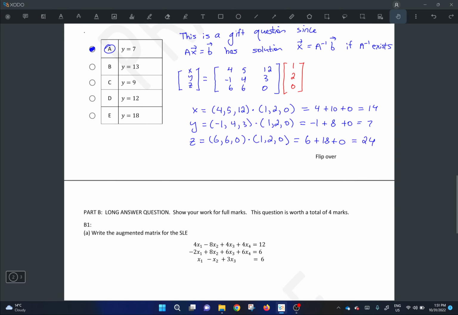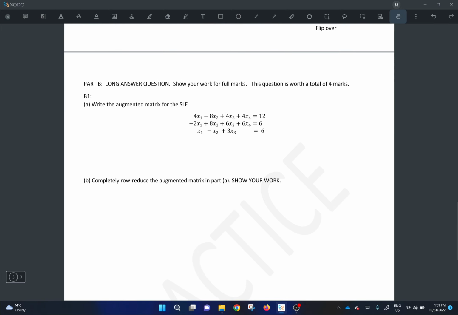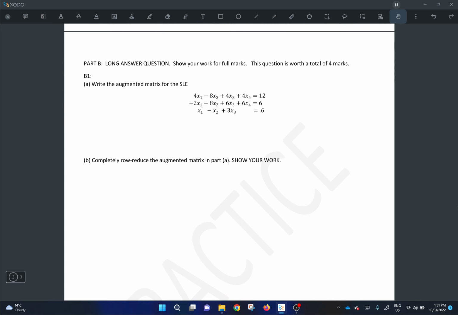Question 6. Okay, long answer, part B. Part B, 1A. Write the augmented matrix for the SLE. Okay, so we're going to put this into matrix form by just writing the coefficients in the correct locations in the matrix. So we're going to have 4, negative 2, 1, negative 8, 8, negative 1,